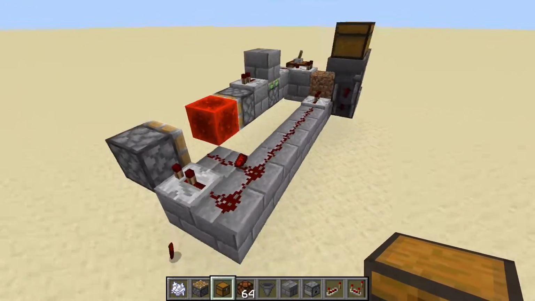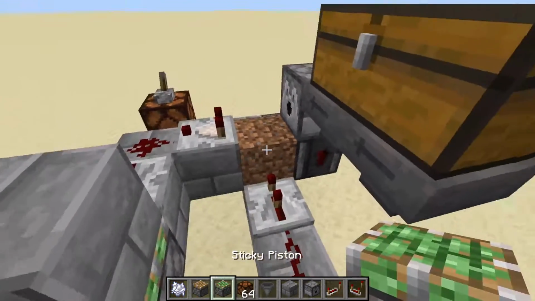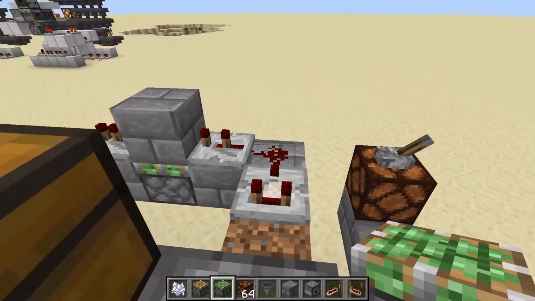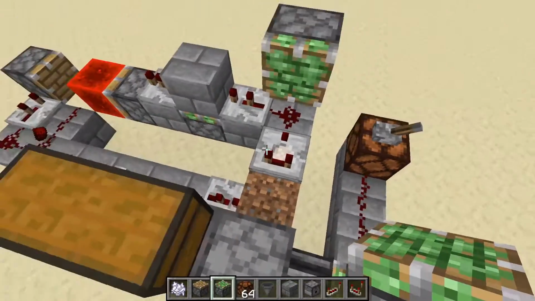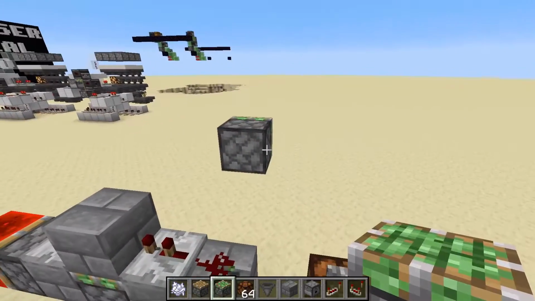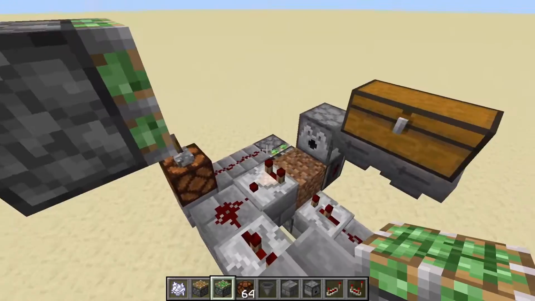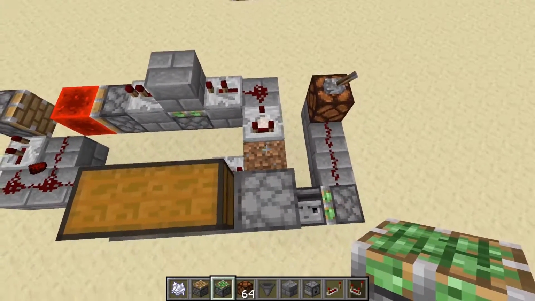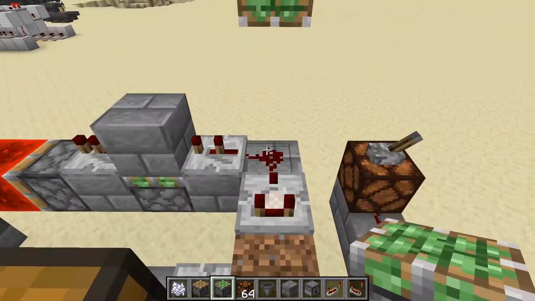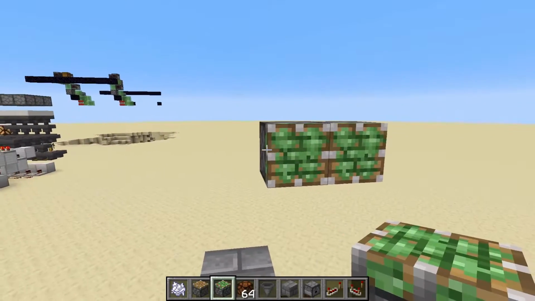Alright, so while that's filling up, we will build the rest of the system. So our next part is our leaf crushers. To do that, we will... Actually, we need to go one more block back. Okay, so right here we're in line with where it's going to grow, and then up 2 blocks. We're going to go out 2